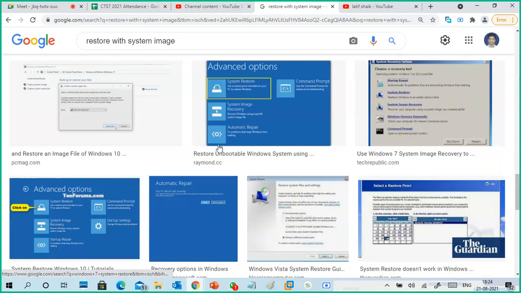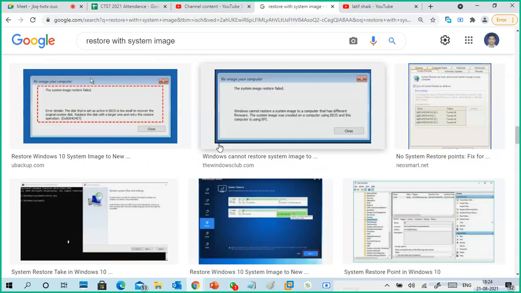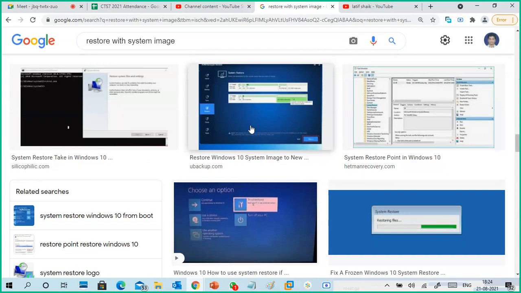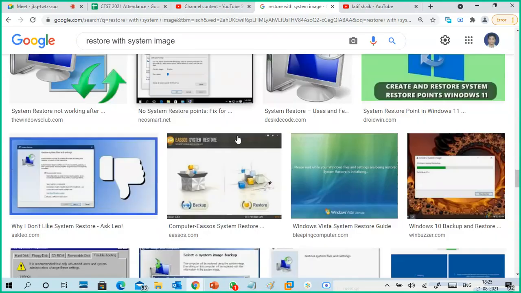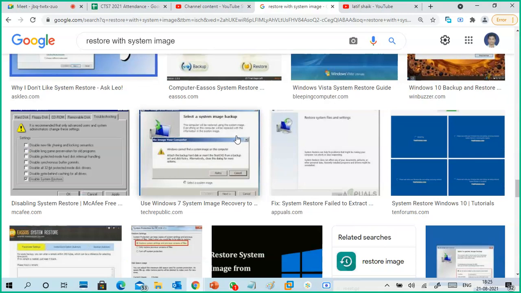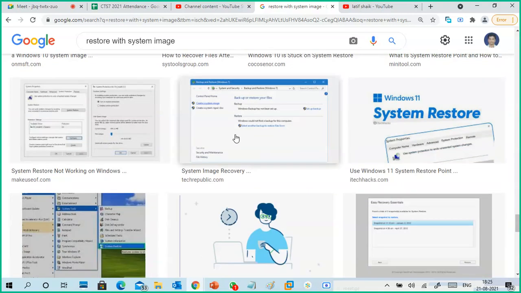Okay, not these things. System image restoration failed. Okay, the exact error it is not showing. It's okay, don't wait. This is a system output.